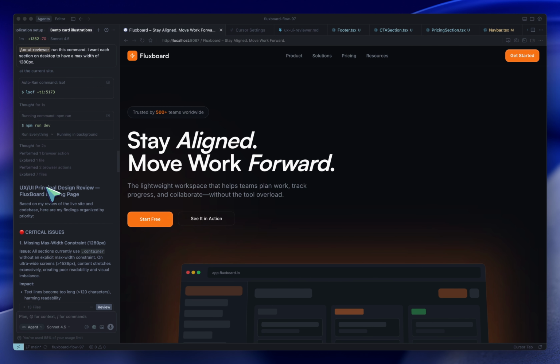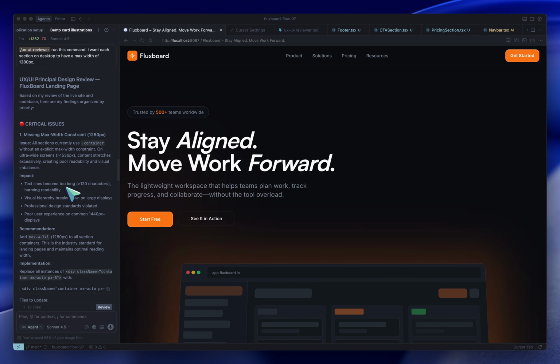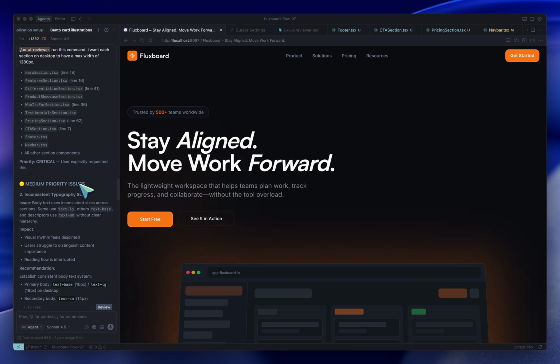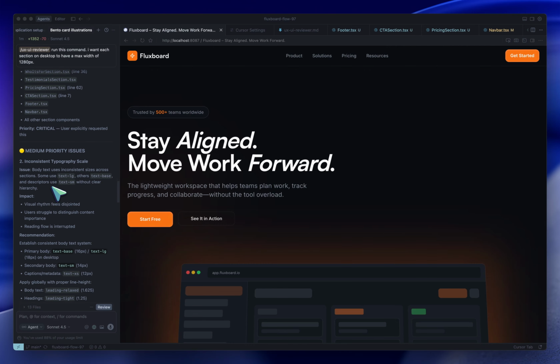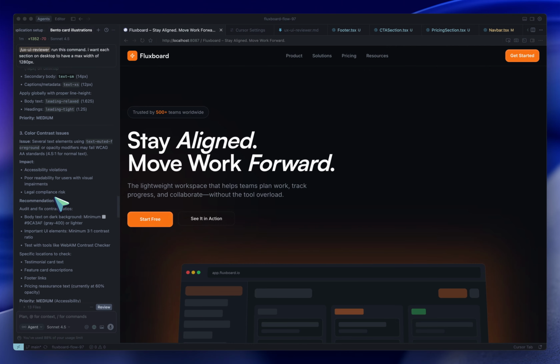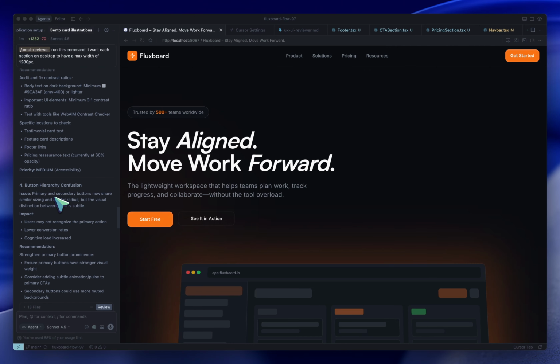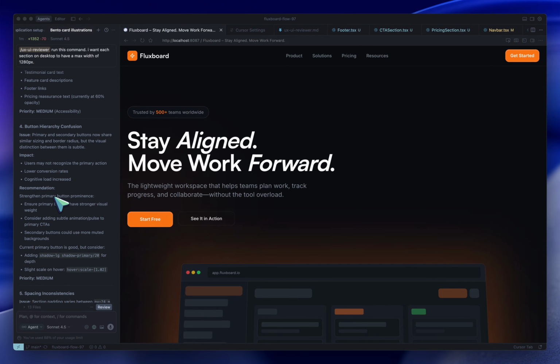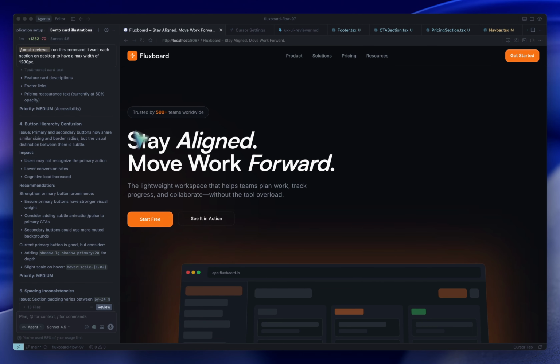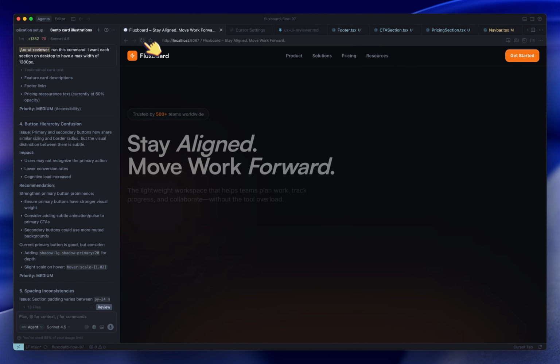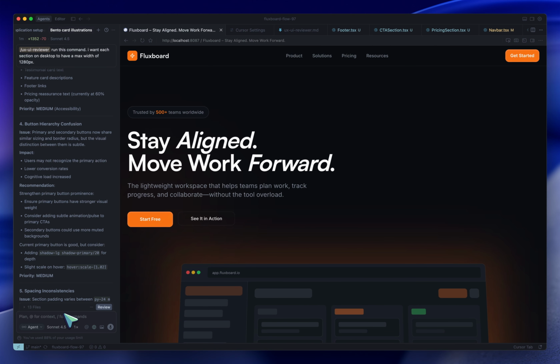So if I just scroll down, critical issues, missing maximum constraint, which I've mentioned, and we have the medium priority issues, and then several contrast issues, and typography hierarchy. And yeah, so what I'm actually going to do, I'm going to say fix the critical issues and the typography